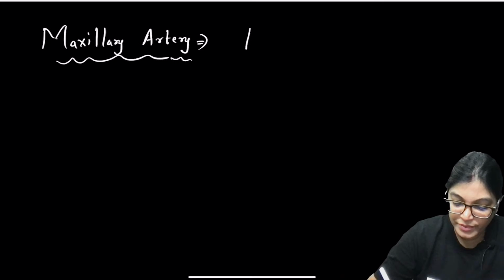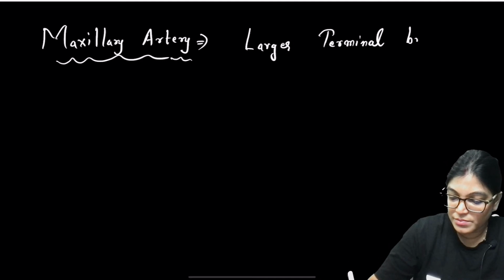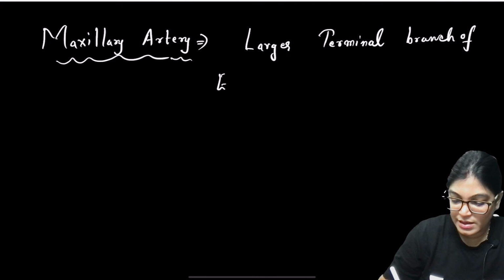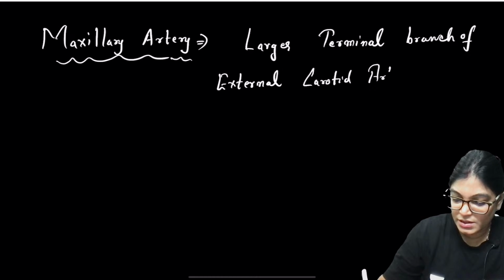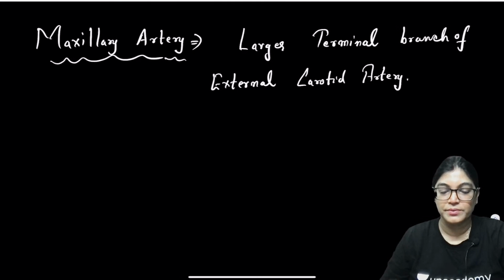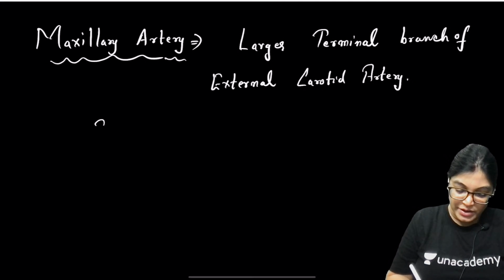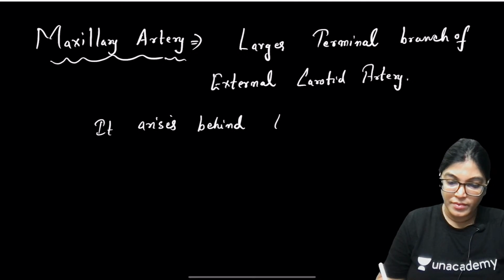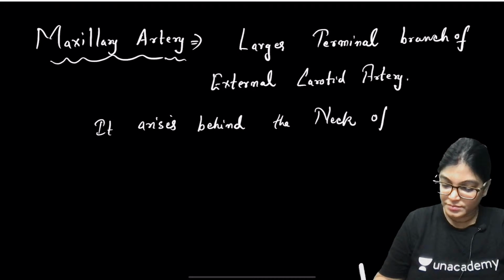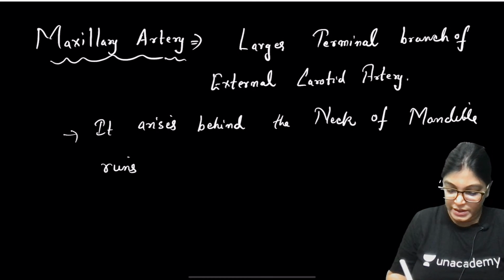So maxillary artery is the large terminal branch of external carotid artery. Where does it arise? The exact location is that its origin occurs behind the neck of the mandible. So write down, it arises behind the neck of mandible and runs horizontally forwards